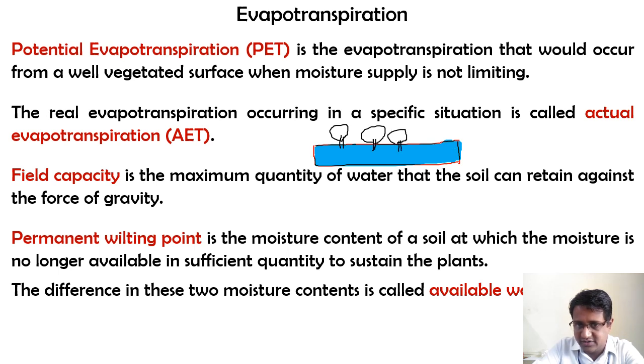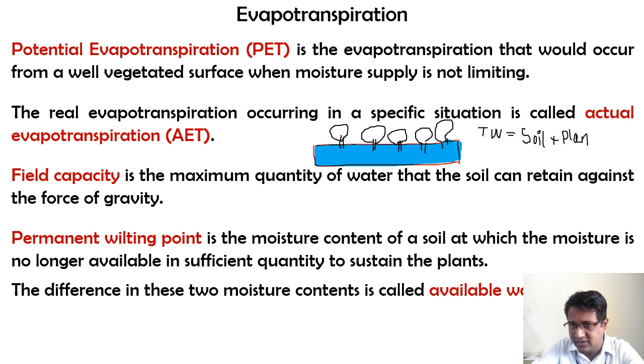So at this point of time, what will happen? If you check what is happening right now, the concept is going to work in two parts. One thing is the total water that you are going to supply. The total water I am going to supply will be utilized for two purposes whenever it comes to the evapotranspiration concept. One is that the water will be stored in the soil, and the next is that the plants are going to use this water.